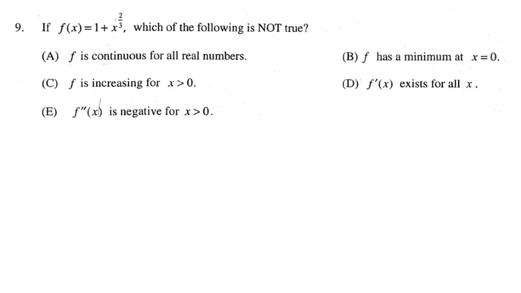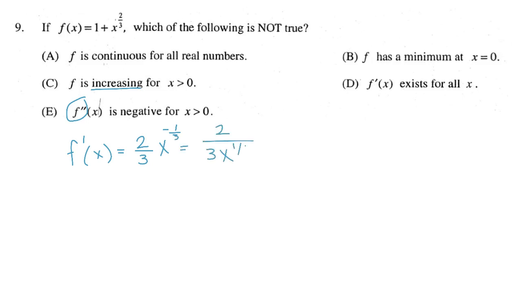Okay, for this problem, we are asked which of the following is not true about f of x. And I'm seeing some second derivative, we're seeing things about f increasing. So I would go ahead and take the derivative. And that way we can see a little bit more about increasing and decreasing and such. So we're going to have 2/3 x to the negative 1/3, which is really just going to be 2 over